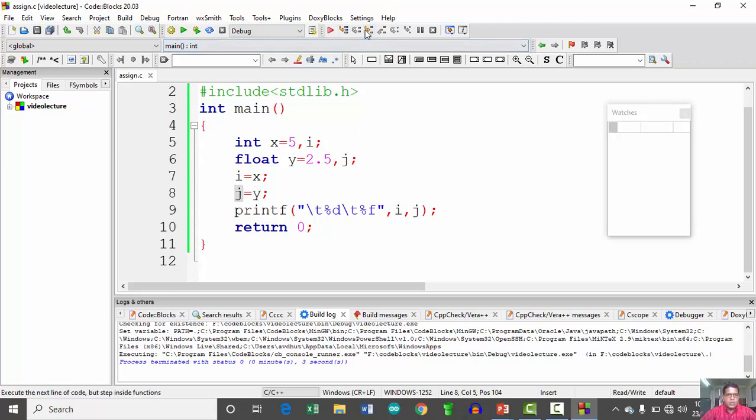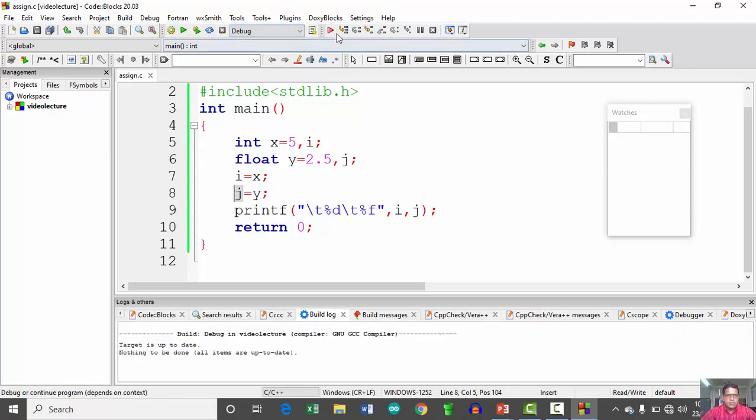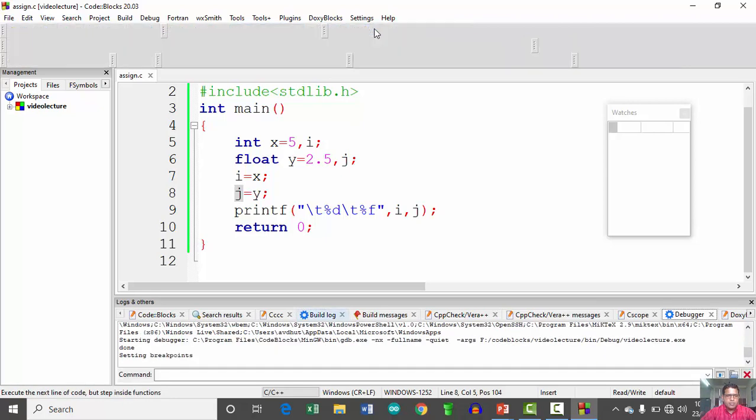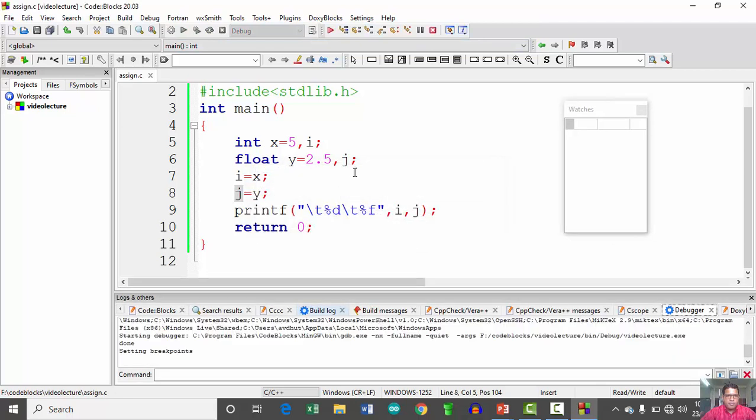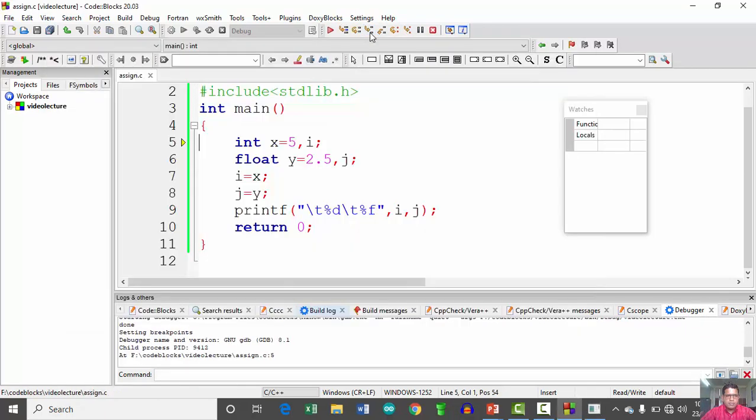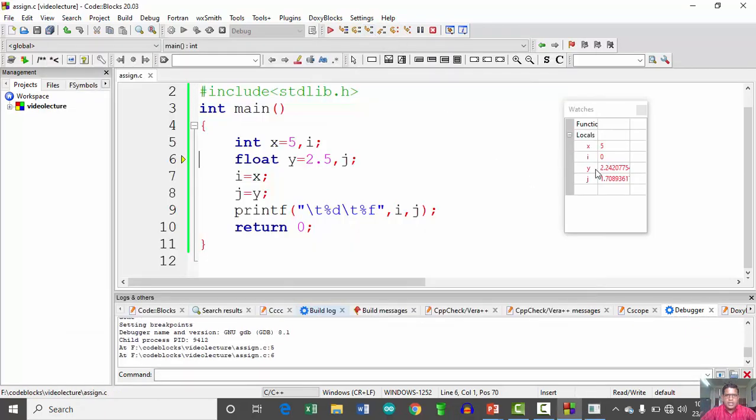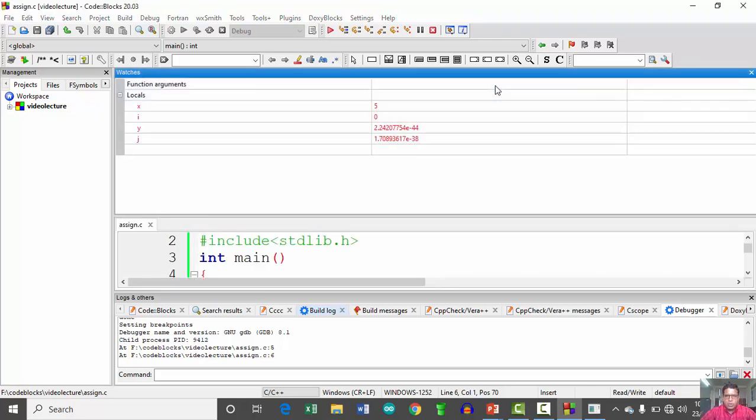So let us check out the execution. These are the different variables which are present here. The x, I, y and j, these are the variables that we have used.